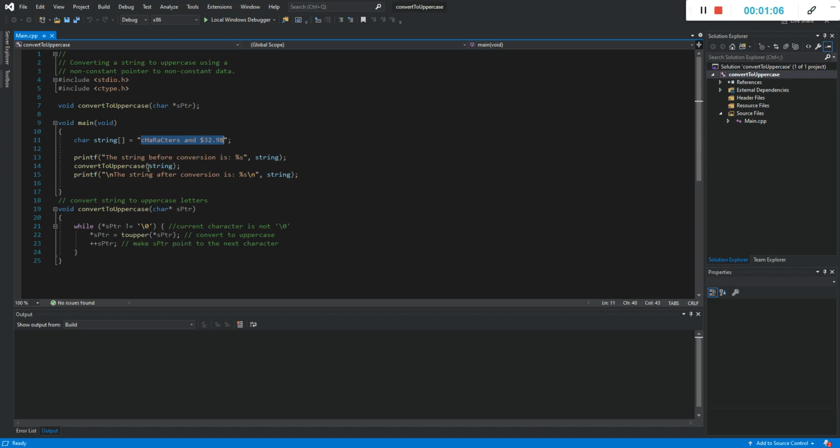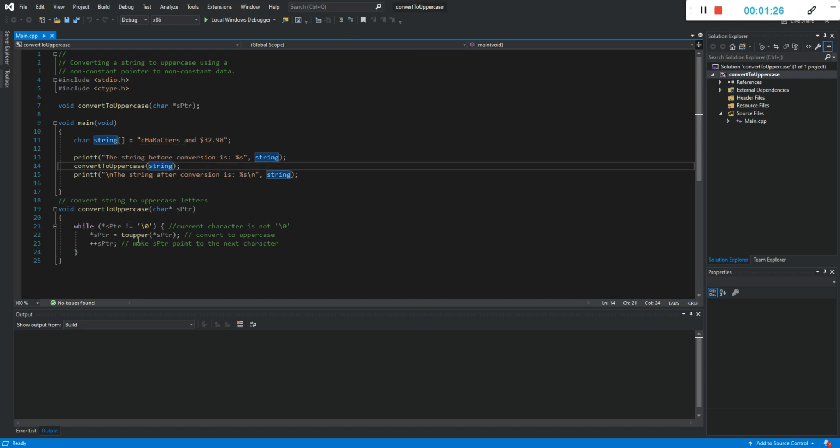Inside it we pass the pointer to the beginning of this character array called string, that is received as a character pointer, and